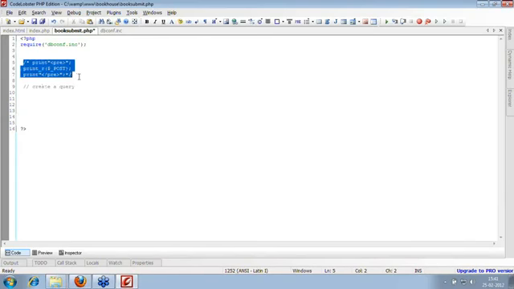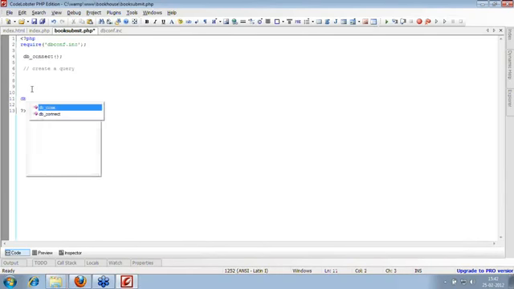Now here I'll just get rid of this. We don't need it because we have already received all the information posted to my page. Now I want to first connect to the database, and I have created the connection in dbconf and included the dbconf file here. So I'll say db_connect. Okay, I've opened the connection here, so I need to close the connection. So I'll say db_close. So I have closed the connection as well.